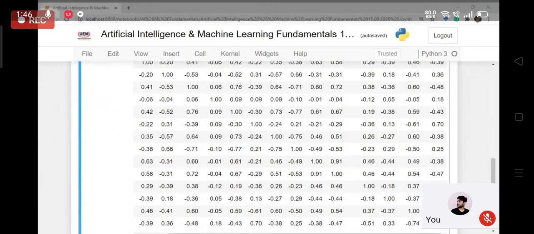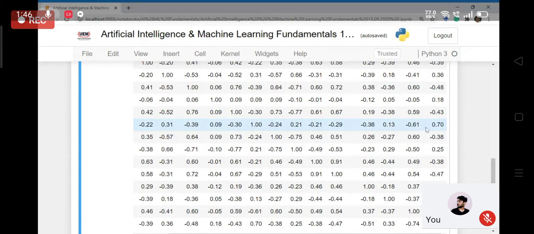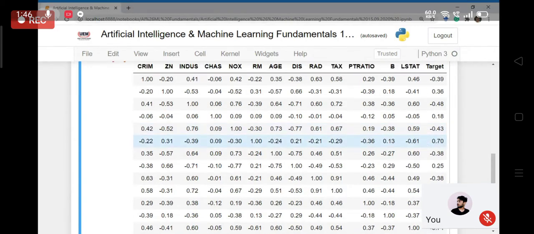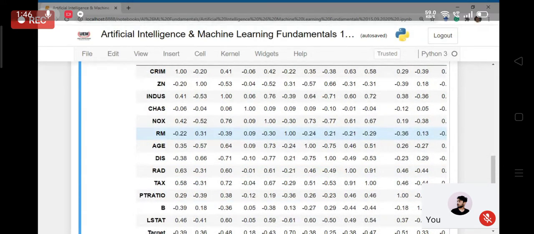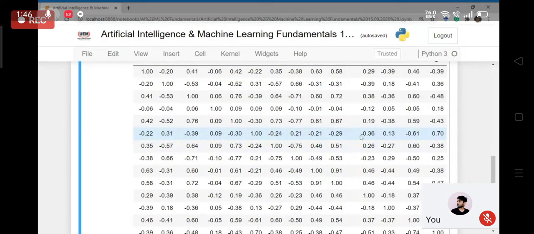Now, among all the variables that we have over here, with RM I have the highest correlation value, that is 0.7. You look at all the other values, they are less than 0.7. So that's why my claim is that RM is the variable with which I have the best relation. I'm not saying this is the only variable, but this is one of the variables.